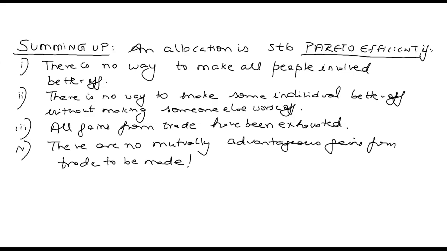That means आप ट्रेड तब तक करोगे जब तक आप Pareto efficient point पे पहुंच नहीं जाते. But once both agents reach the Pareto efficient point, they will not want to trade, because they know that after reaching the Pareto efficient point, if they trade more, one of them will become better off by making the other one worse off. So they will not trade. Once they reach the Pareto efficient allocation, they will stop trade.